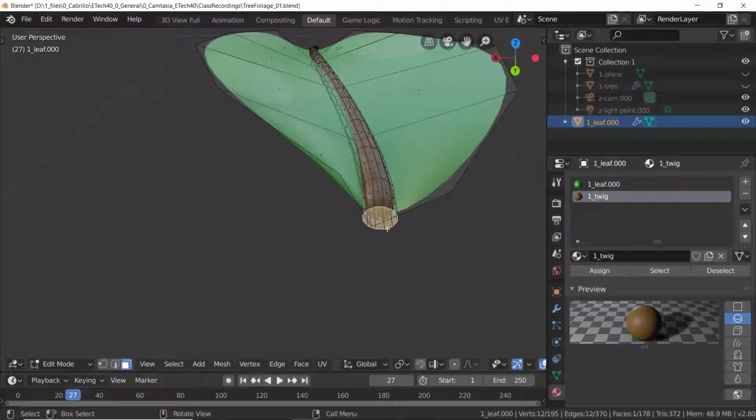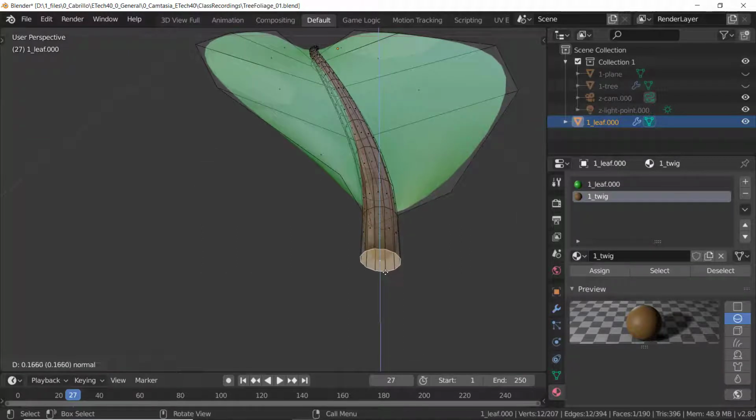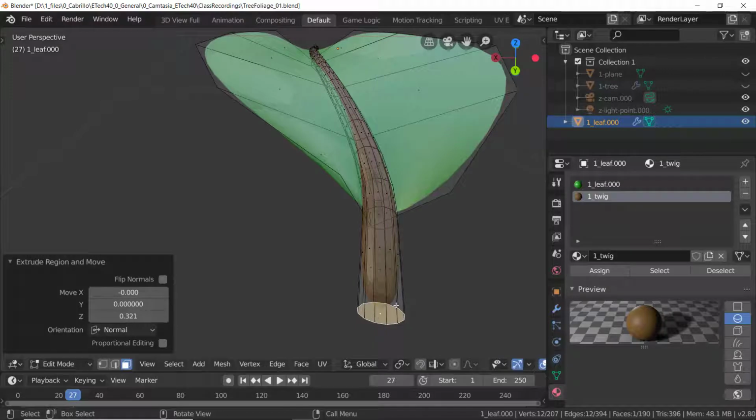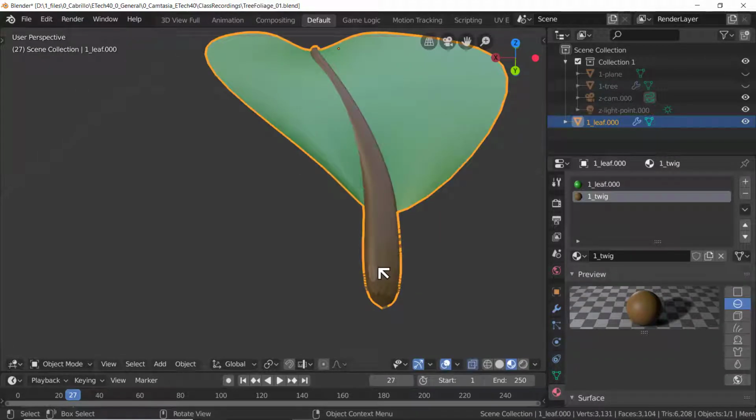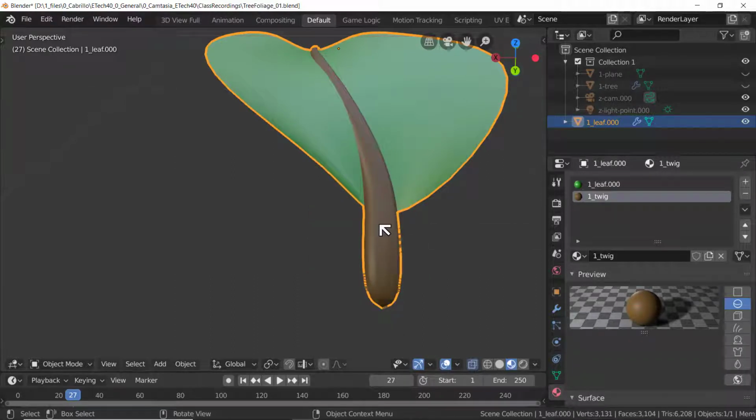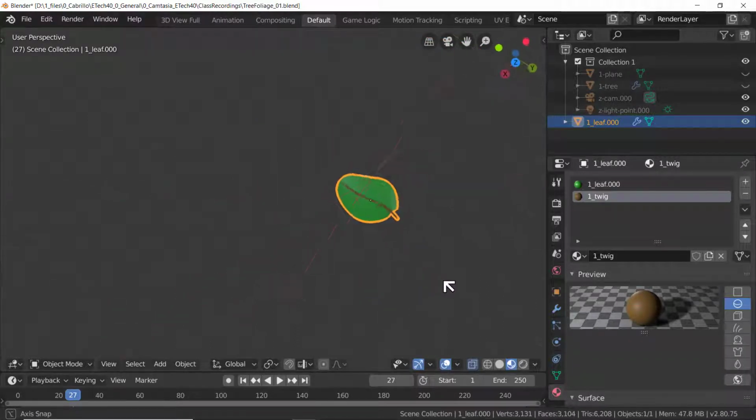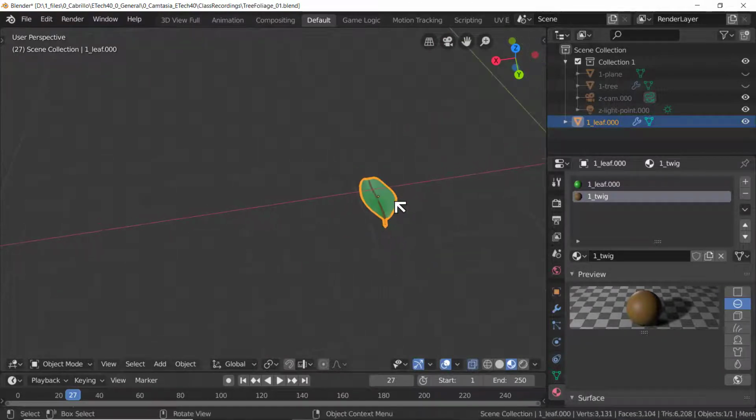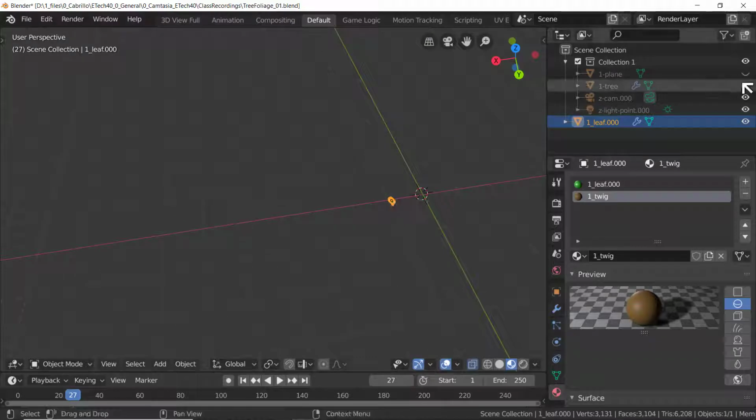Select it, E, and we'll just make it smooth shaded. Right, so that's the start of our leaf, and we can amend it as we see fit. Let's add it to the tree. We'll bring the tree back,